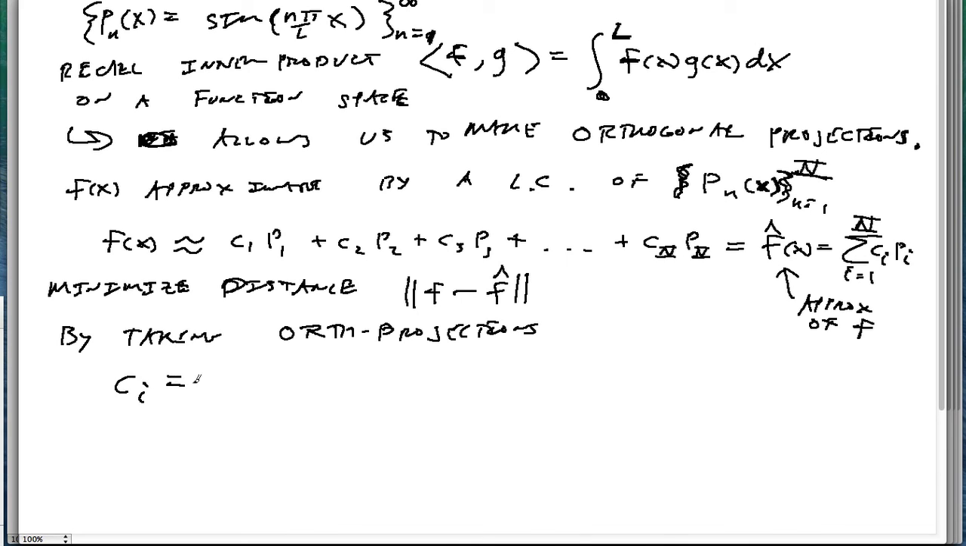Ci is equal to the inner product of f with pi over pi inner product with itself. Okay, so we can always then find a good approximation for any finite set. The question then remains is, what happens